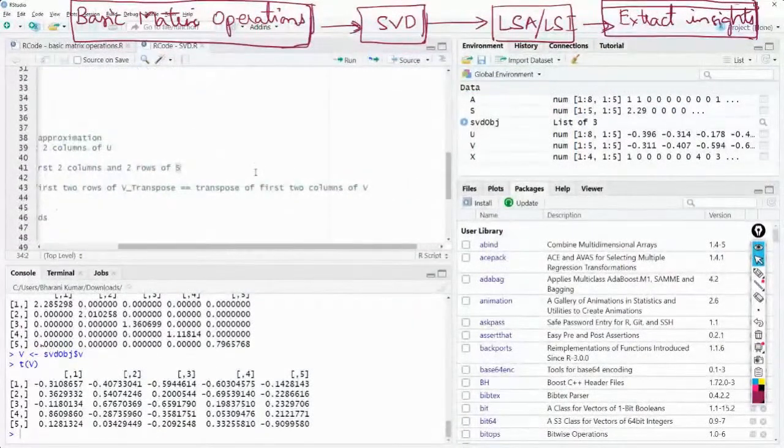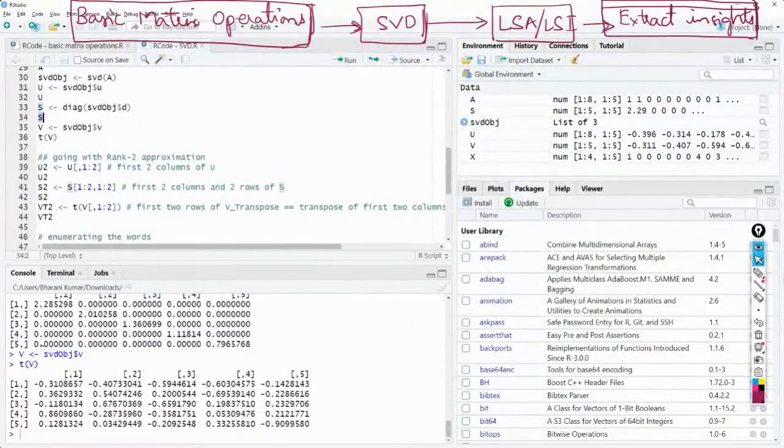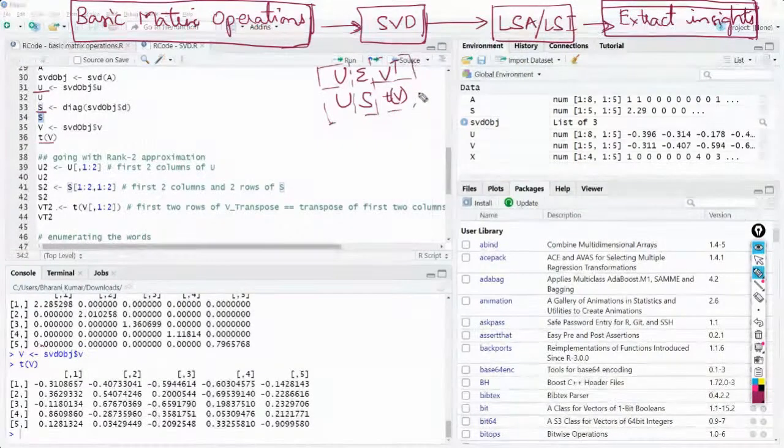Okay, wonderful. So now you have U, S is sigma, V transpose. So you have U sigma V transpose. Sigma is given as S here. This is the transpose of V. It's written in that way, just the notations. I'm just trying to ensure that the notations are given in parallel here.